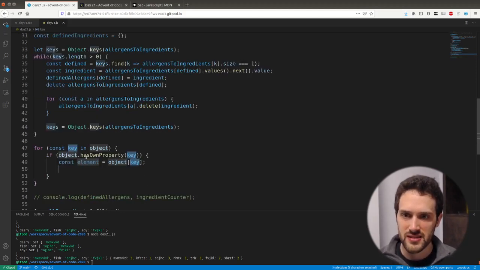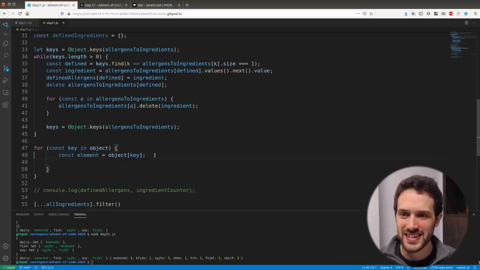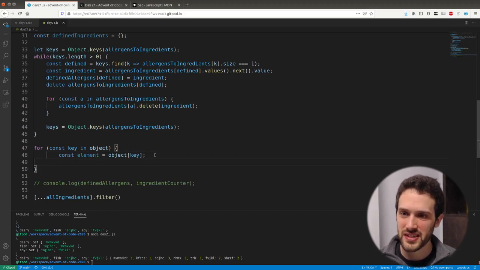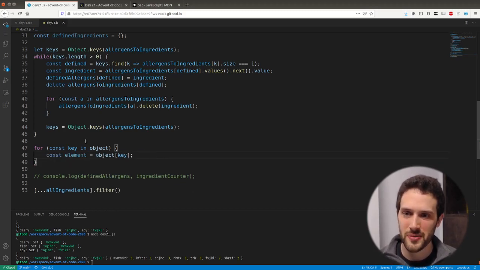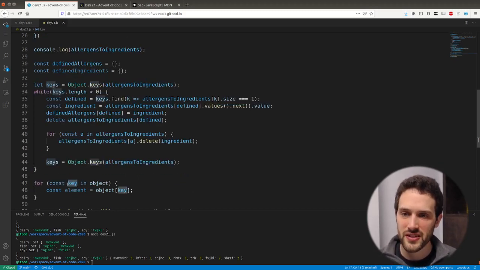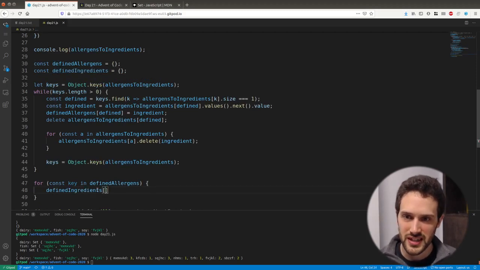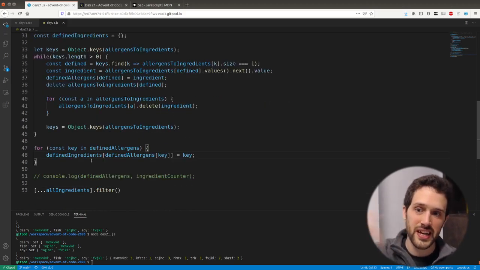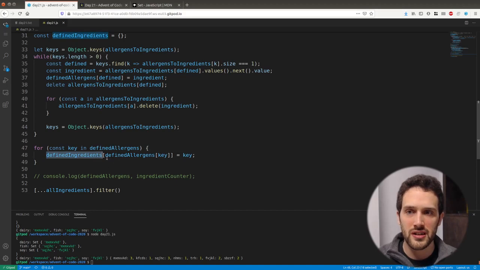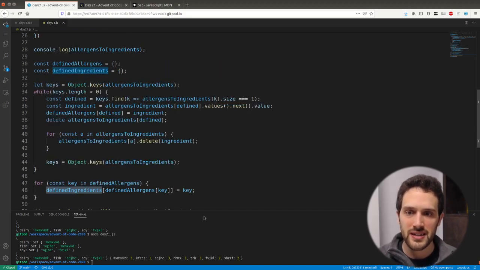Oh no, that's looking weird. I didn't expect the auto completion to build so many things. So we need to check the key in defined allergens. We need to say defined ingredients of defined allergens of key is equal to key. So basically here we're creating a new map where